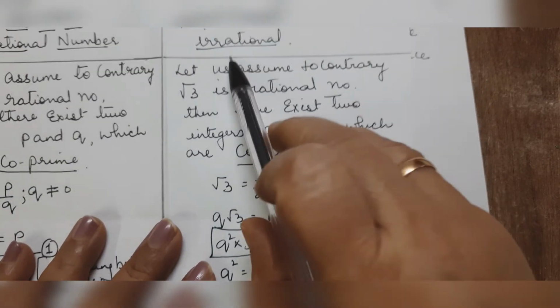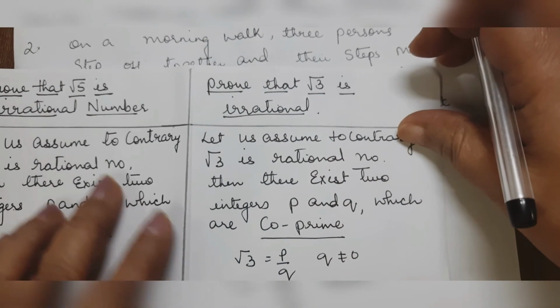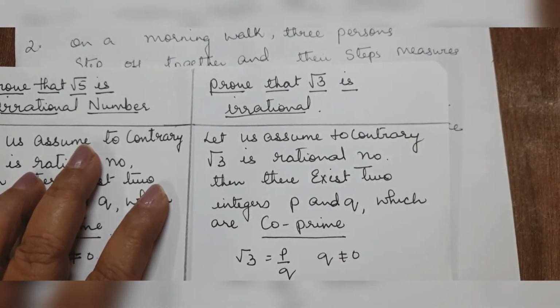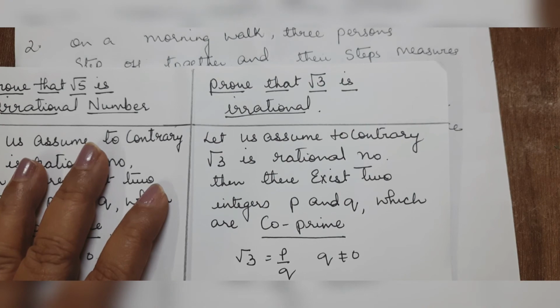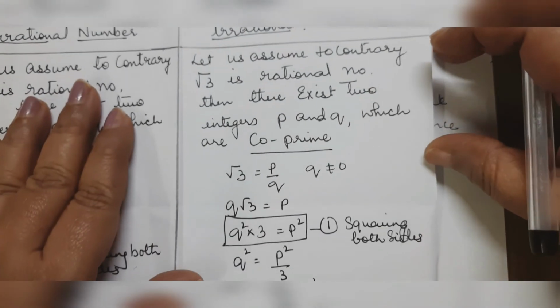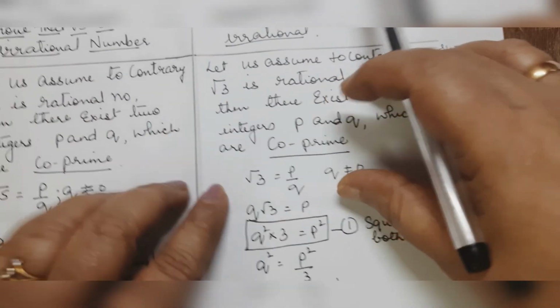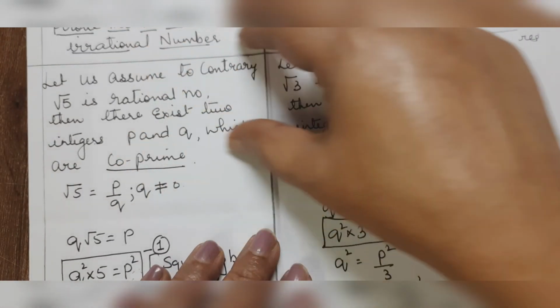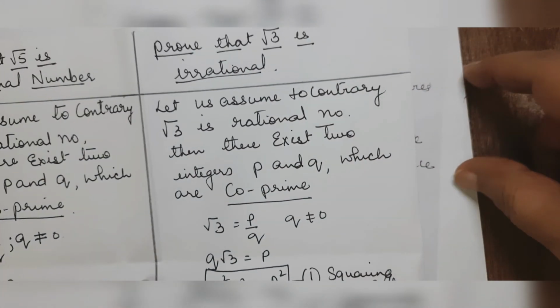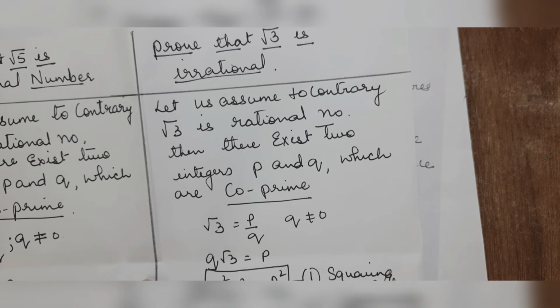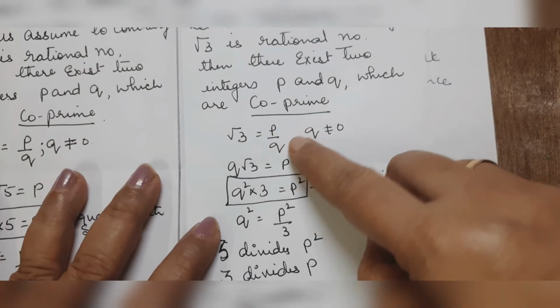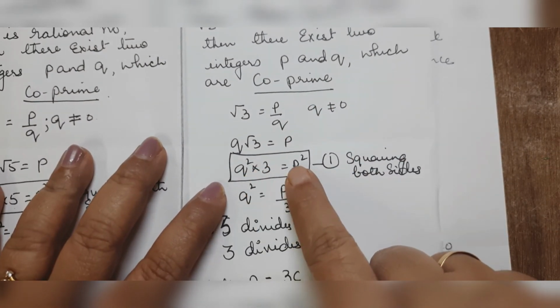Now look out for the same type here: root 3. Children, you practice with root 5, root 3, root 2, the most commonly asked questions, with the same answer, same statement. You can make a note like this. You can go on writing for root 2, root 7, root 11. Where will be your twist in this one? P does not have a number.